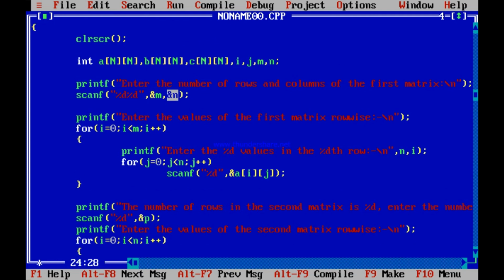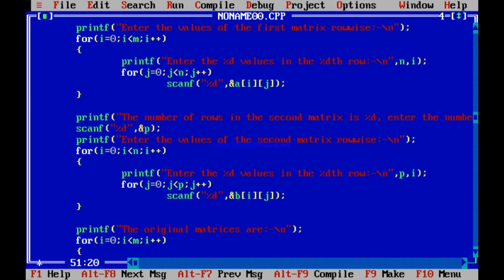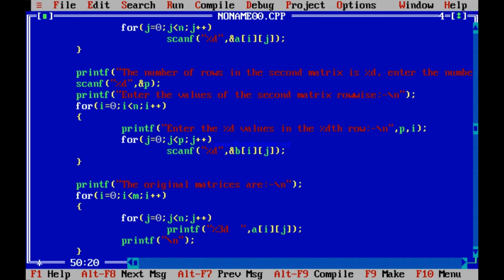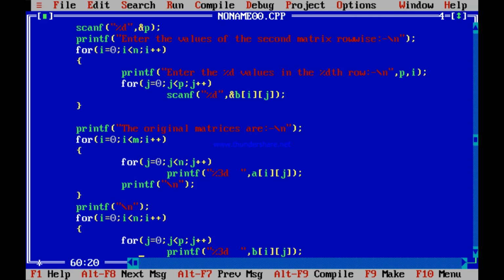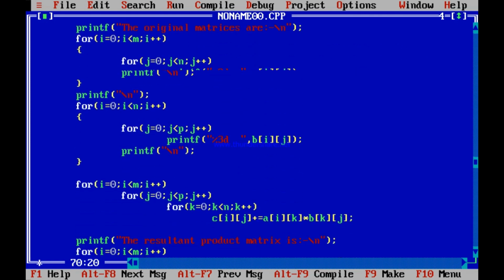See, check out what. Here, first matrix you are scanning M cross N. Second matrix you are scanning N cross P. Now you are printing original matrix. First matrix you are printing M cross N. Second matrix you are printing N cross P. Is not so? Now you are adding.